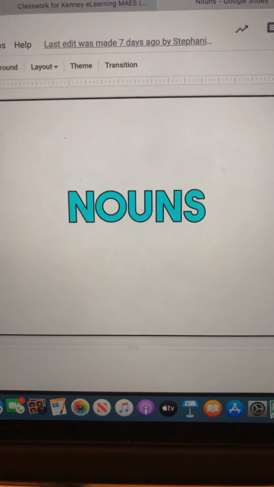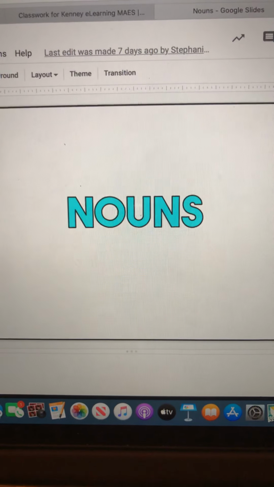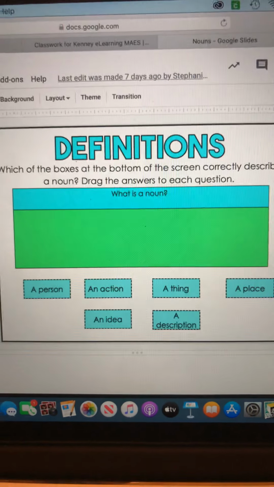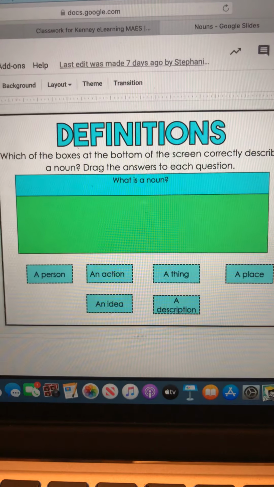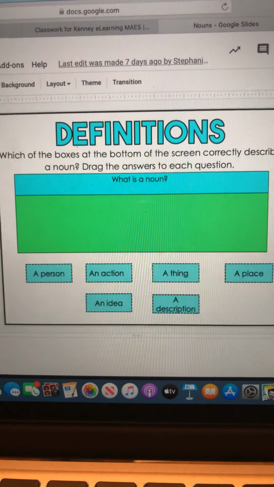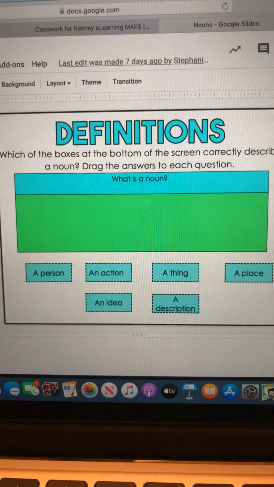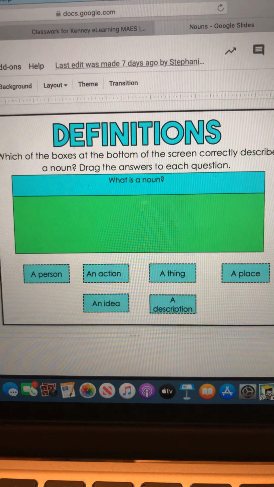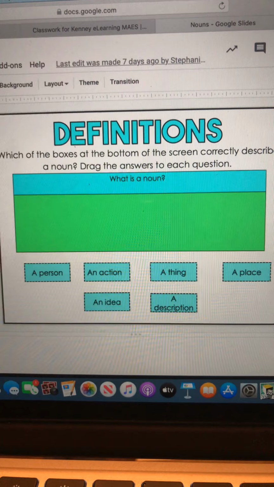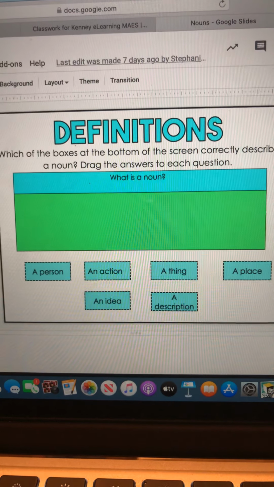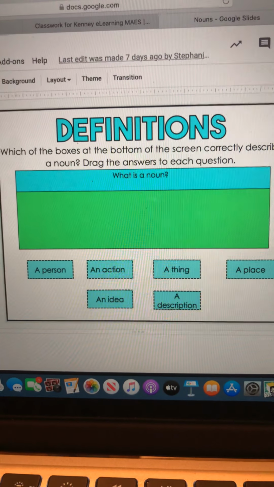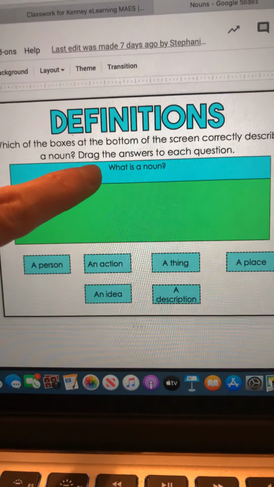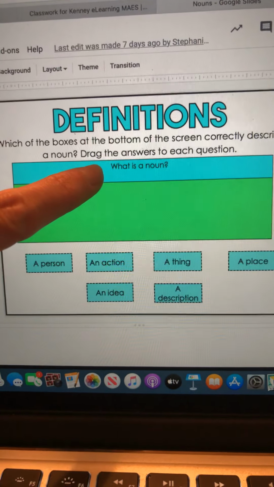All right, so this is over nouns. And for the first slide, it's called definitions. The instructions say, which of the boxes at the bottom of the screen correctly describe a noun? Drag the answers to each question. All right, so you have to define what is a noun.